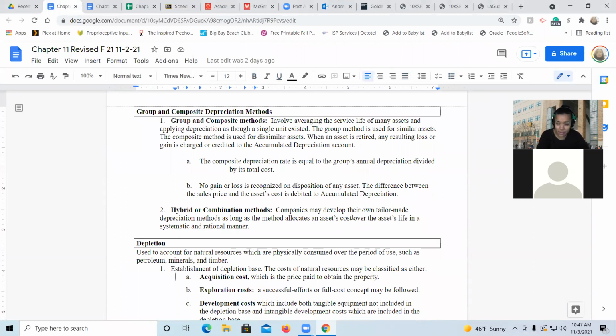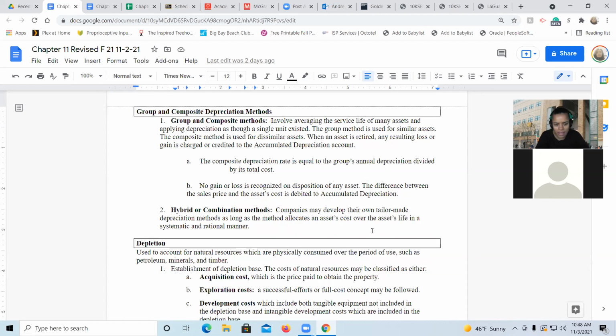Like if you have a group of assets combined together, sometimes companies will just calculate a depreciation percentage for that group. So they'll base it on a fraction that is the actual depreciation divided by the cost of all the assets together. This is shown in the textbook. It's not a topic that we spend a lot of time on, but I also just wanted to highlight again